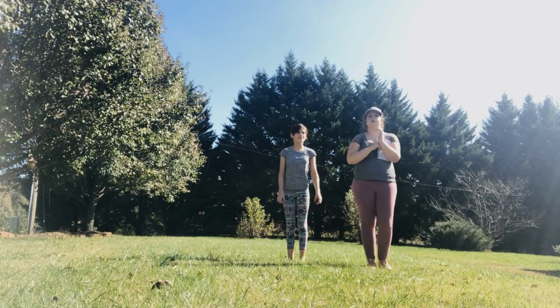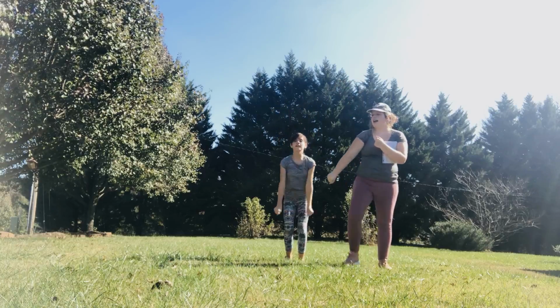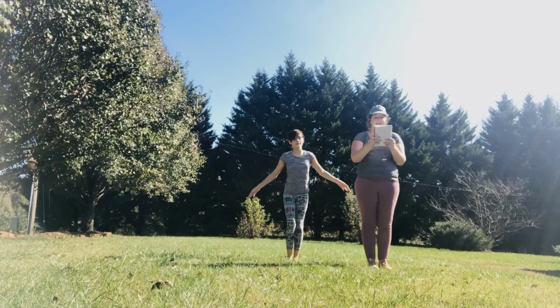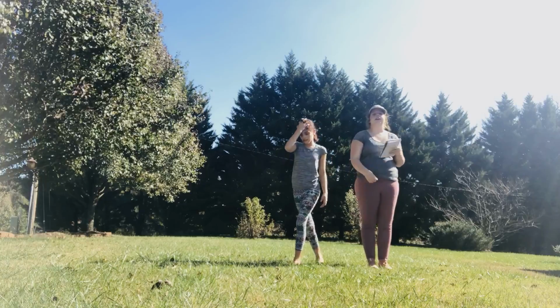And this time with arms. Remember, we start with our hands clap, up, cross, out, together, up, cross, out, together. Okay, and then let's do our kick. So we're just going to do 1, 2, 3, 1, 2, 3. So forward,